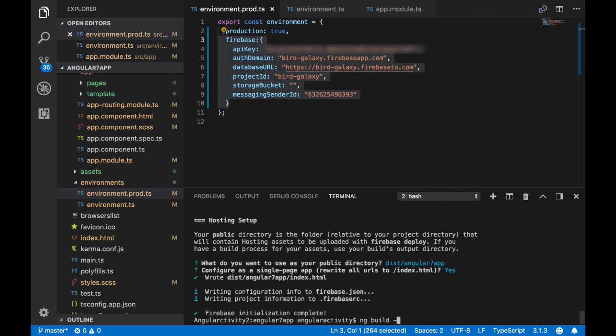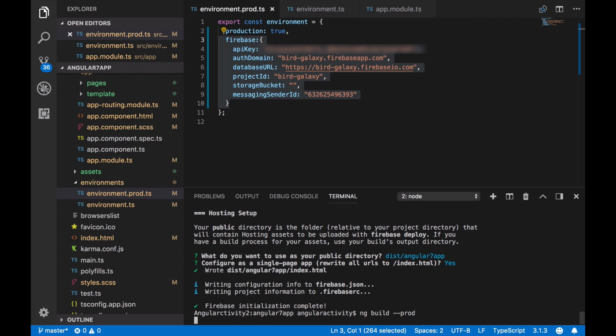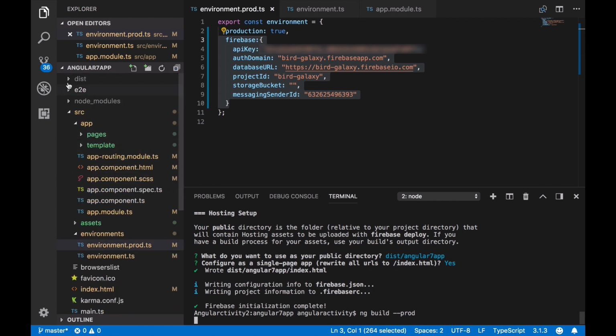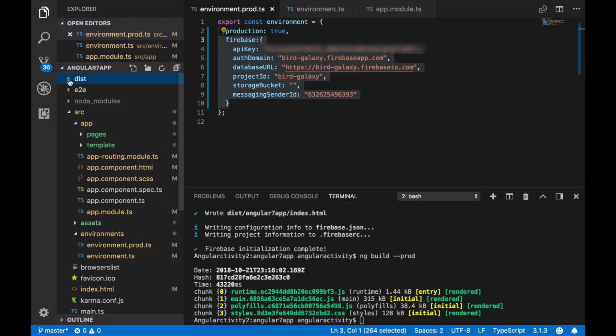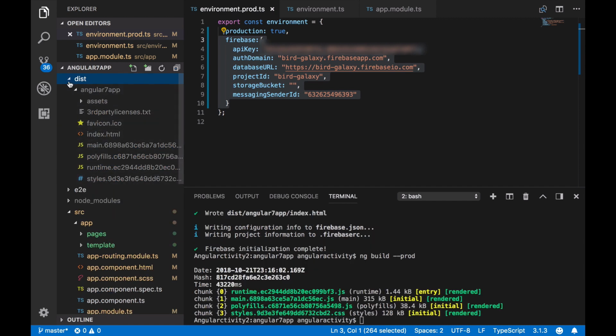Now we have to build our application to get the dist folder with our compiled project. After that, we should be all set. Here we can see the dist folder, which contains our compiled application. Alright, now we can deploy our application.